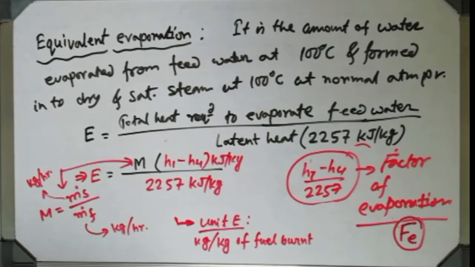Now in steam table, actually two different types of steam tables are there. One is, you can see, saturated water. Can you see over there, saturated water temperature table? Can you see that part? That means it is a steam table which is known as temperature steam table, and it is for saturation steam table. So two parts of steam table are there. One is saturation steam table, one is superheated steam table. I am just showing you the second part of the steam table, which is superheated steam table.